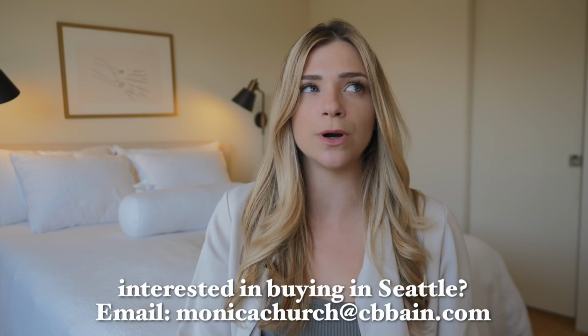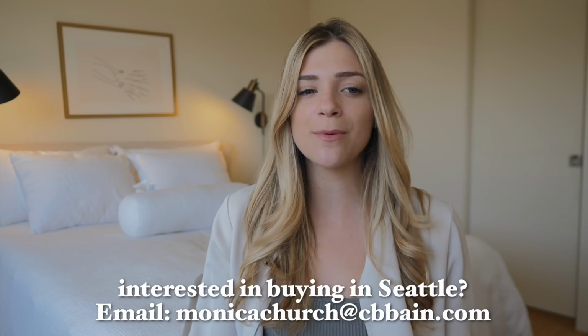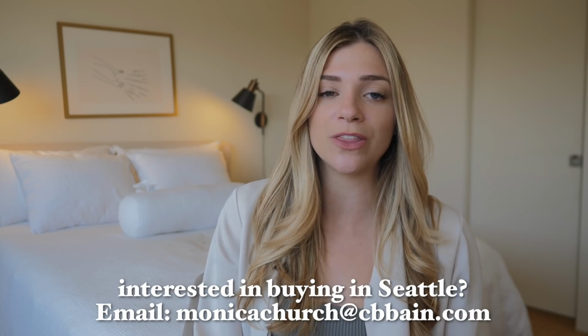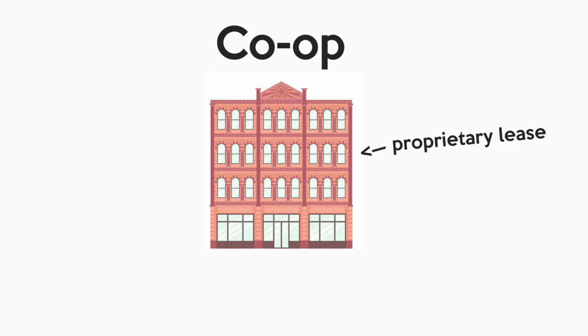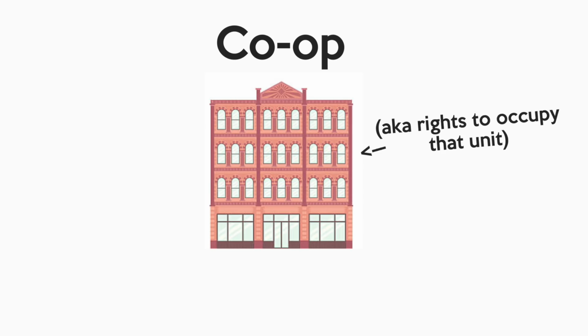Before I get into showing you guys the co-ops though, it's really important to understand the history of them because it has a lot to do with why they tend to be cheaper than their condo counterparts. Before condominium buildings were a thing, if you wanted to own a unit in a building, you bought in a co-op. And what you bought was actually shares in the entity that owns the building. In exchange for those shares, they give you a proprietary lease. And this is the way it was since the 20s, the 30s, the 40s, the 50s,